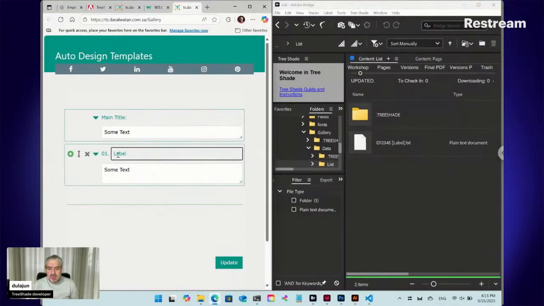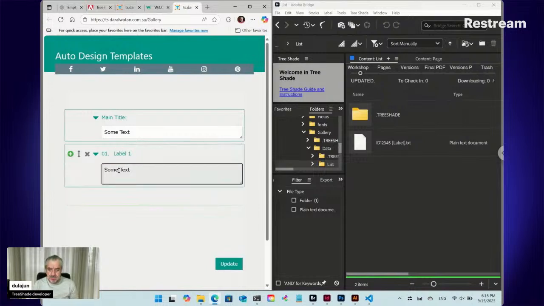So we can here write label 1, and here we can write text 1,